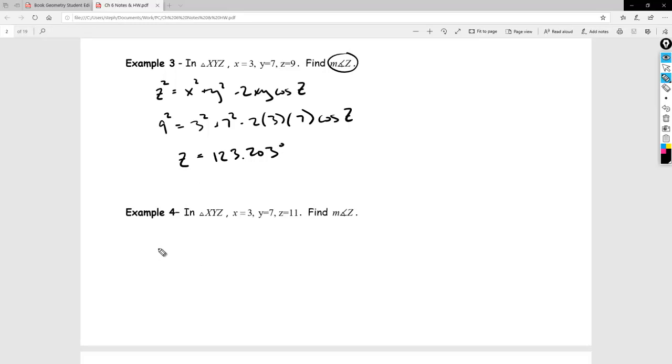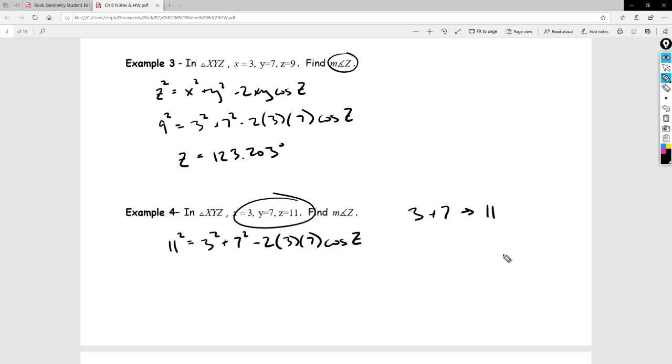Alright, last example. Exactly the same thing. They want us to find the measure of our angle, so I'm going to use the same formula. So I'm going to plug in z is equal to 3 squared plus 7 squared minus 2 times 3 times 7 cosine of z, which is what I'm solving for. And again, we are going to reduce, and something weird happens here. I end up getting something undefined. So then I have to look at the information they gave me, and if we paid attention, we would have noticed that the side lengths of 3 and 7 cannot